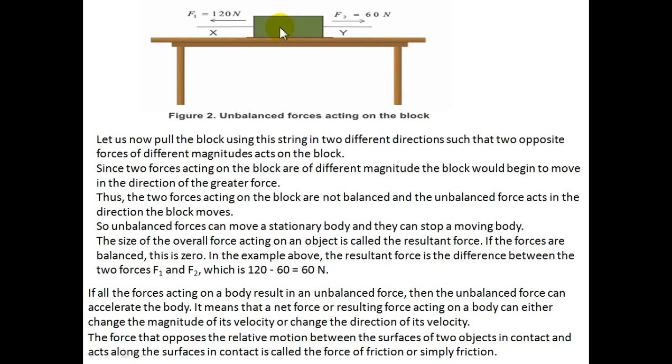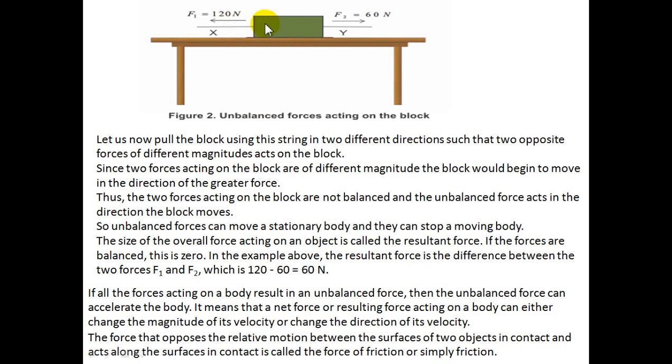What it's trying to say is that here we have seen a balanced force between the table and the block. Now I have tied two strings from both sides. For example, from one side I'm trying to pull it, and from the other side you are trying to pull it. The force I am providing is 60 Newton, and the force you are providing is 120 Newton. So who will be able to move it? You will, because you are putting a larger amount of force on it to pull it along your side. So it depends upon the force which each person is putting on it. So it is not balanced.